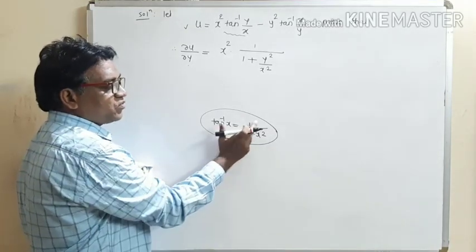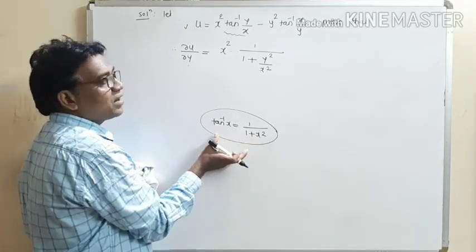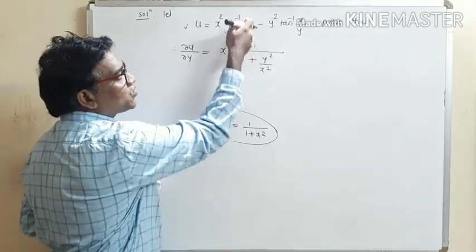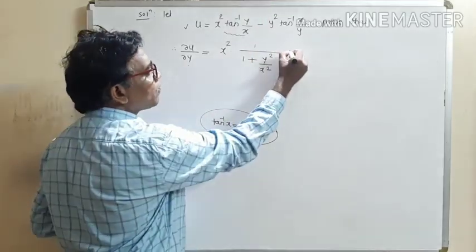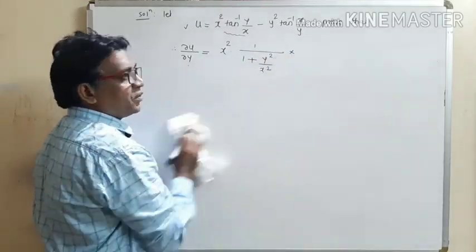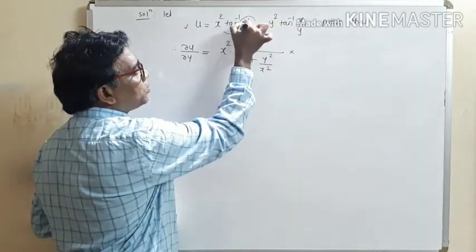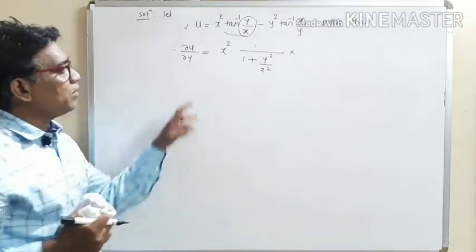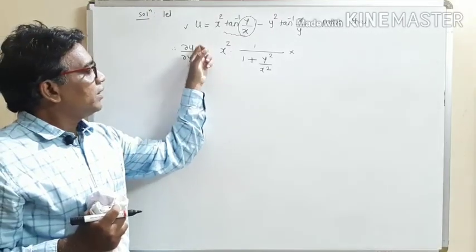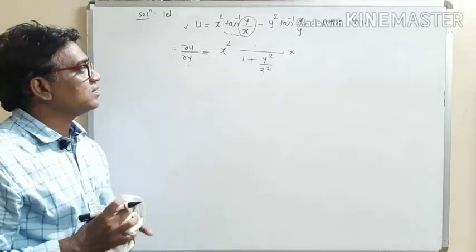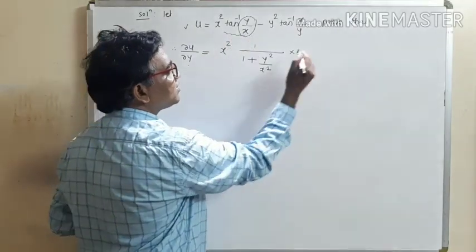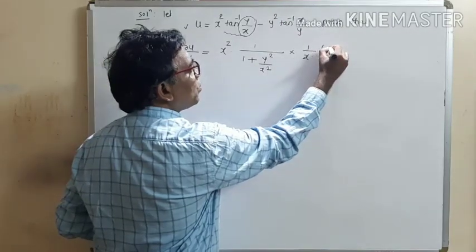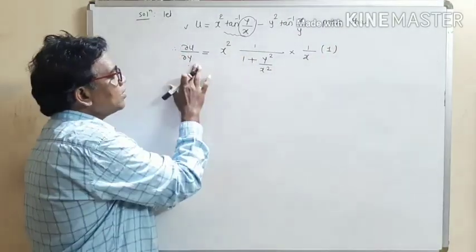Derivative of tan inverse x is 1 upon 1 plus x square. So use this standard formula. Derivative of tan inverse function is 1 upon 1 plus square of this term, into, now according to chain rule, multiply by derivative of this inner function by keeping x as a constant term. We have to find out derivative partially with respect to y. Derivative with respect to y means keeping x constant. So treat x as a constant term. So this 1 upon x, this is constant term, into derivative of y, this is 1. So this is our derivative.